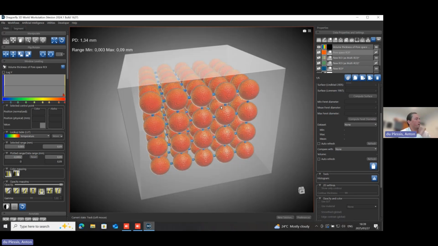So the volume thickness mapping is one useful tool to look at and analyze interconnected pore spaces. There's also some other tools. We have graph representation, which is a way to measure the connectivity between pore spaces by the number of connections between them. This graph representation is a bit more of a specialized topic. And we also have some other topics, some other things, but we don't have time for all of that today.